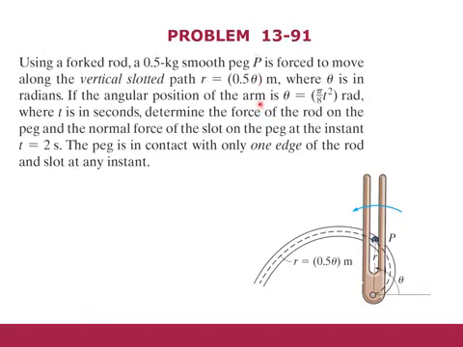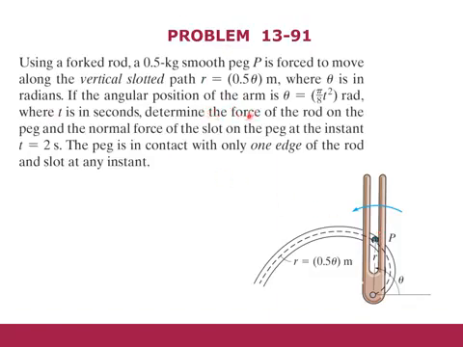Now let us solve another problem, so that you have a clear idea of how to use Newton's second law of motion in a cylindrical coordinate system. So this is 13-91, and in this problem we have a path which is defined by a function, and this is the peg which is moving along that path due to the motion of this rod. So